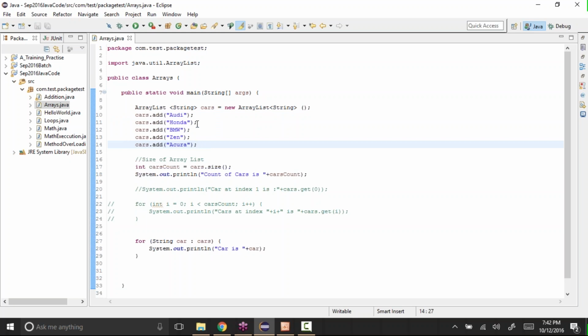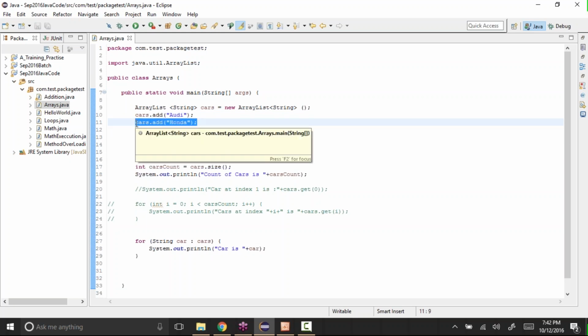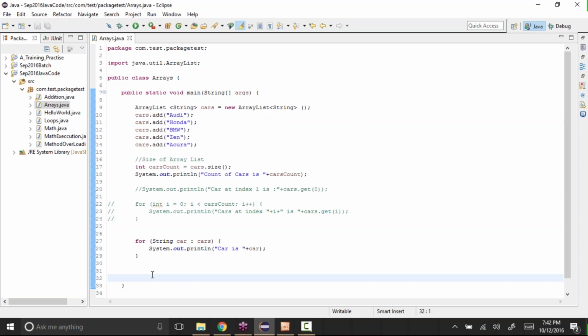But let's say you have 10 values, something like this. The array stores the values at 0, then 1, then 2, then the third location, fourth location, fifth location. If you want to remove a value from the last, like the fifth location, it does it very quickly, and adds to the array list quickly as well.